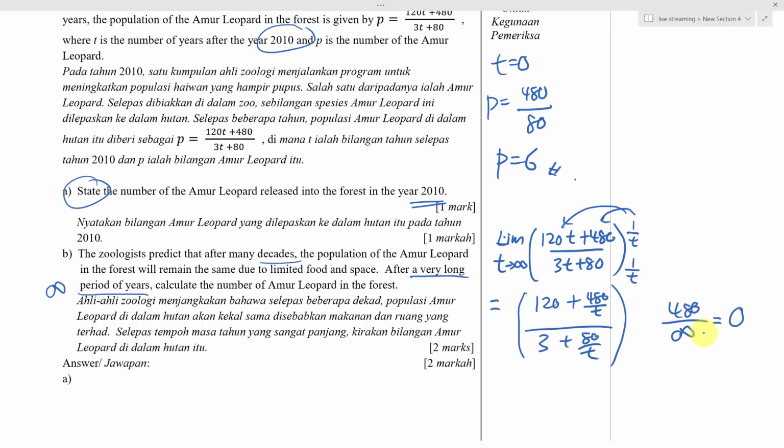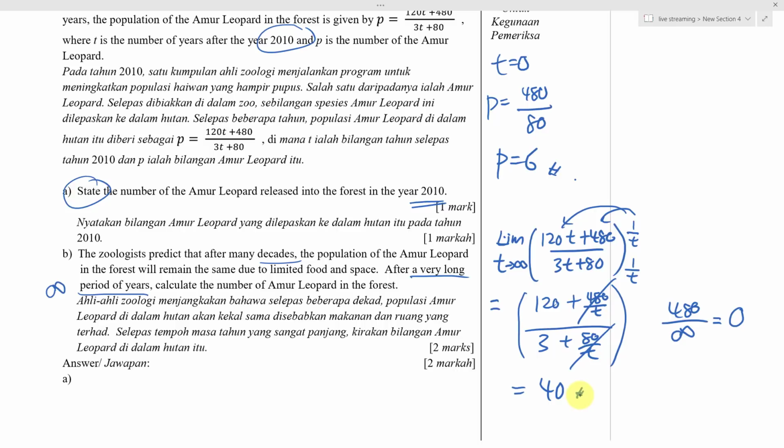And yeah, definitely you will get 0. So therefore, this one will give you 0. 80 divided by infinity, t is infinity, right? Then you get 0. So you will get 40. So that means when we assume the time can go up to infinity over here, then you will get 40. That means according to this calculation, no matter how many years have passed, the forest will still have the 40